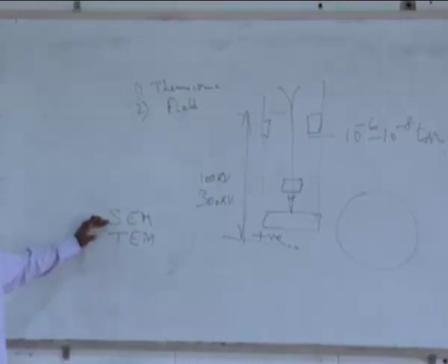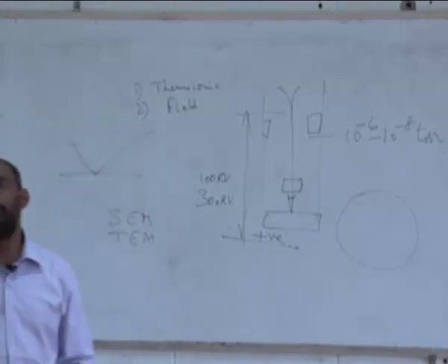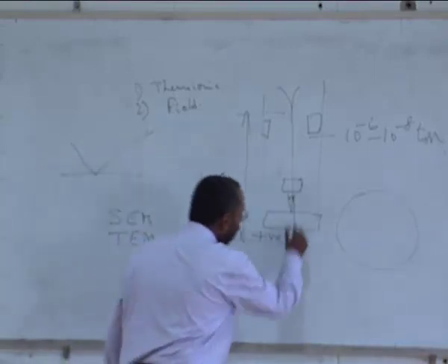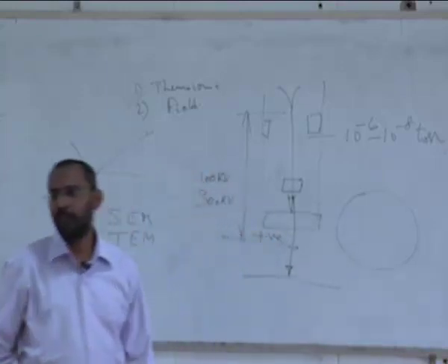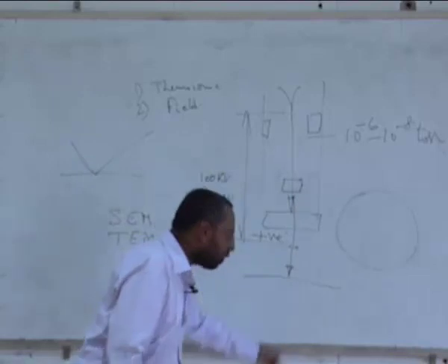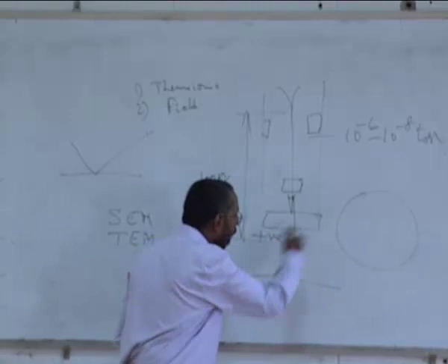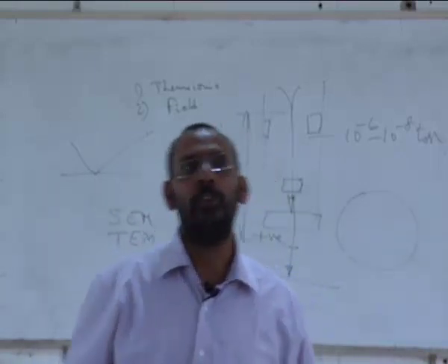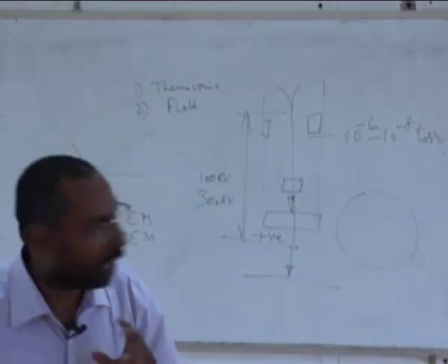SEM is a scanning electron microscope, where the electron beam is allowed to reflect from a surface, and that reflected beam is what you are seeing. Or in a transmission electron microscope, the beam is allowed to pass through the sample and then made to see. And this beam which is passing through the sample falls onto a photosensitive screen, and you will see the image of this. When you say the image of the thing you see, we should also know what the mechanism is by which I will see this image. We will try to see that.